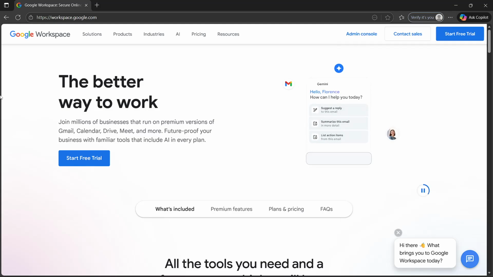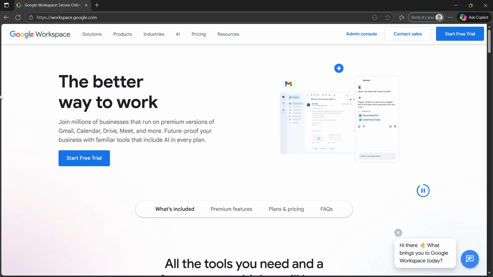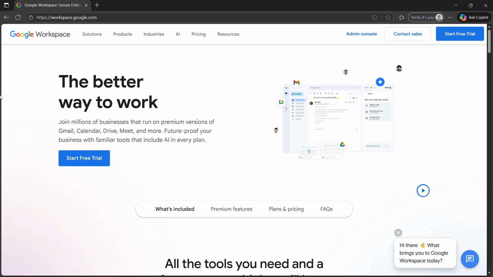Hello, in this video, I will give you a quick guide on how you can create a simple website using Google Workspace tools so you can have a basic business or personal site quickly. So first, you will have to decide whether you will use Google Sites or a third-party website builder connected to